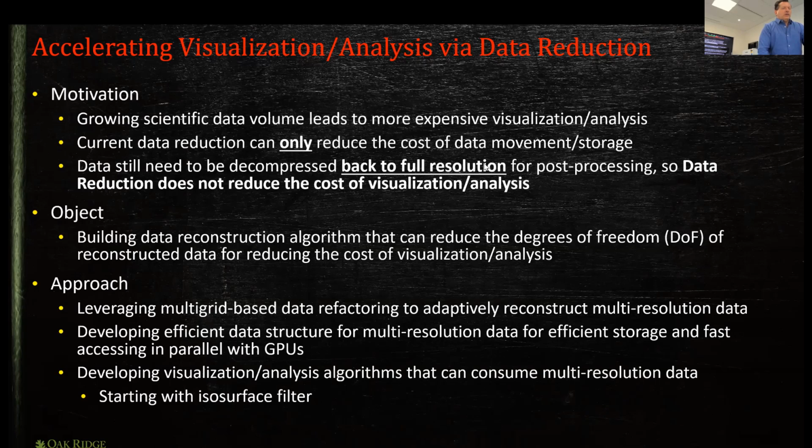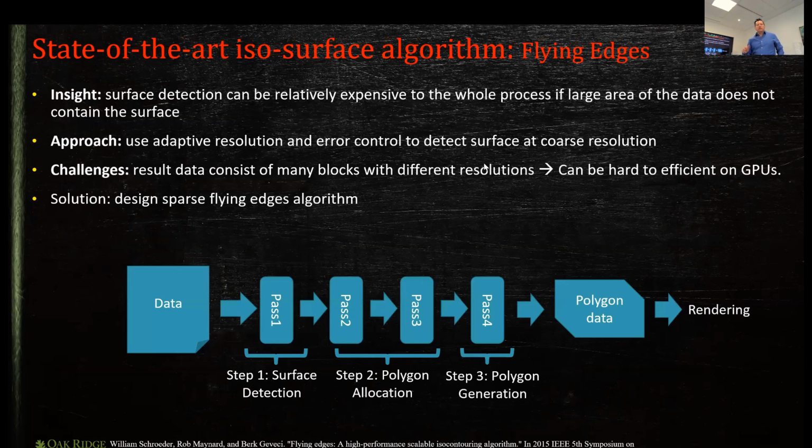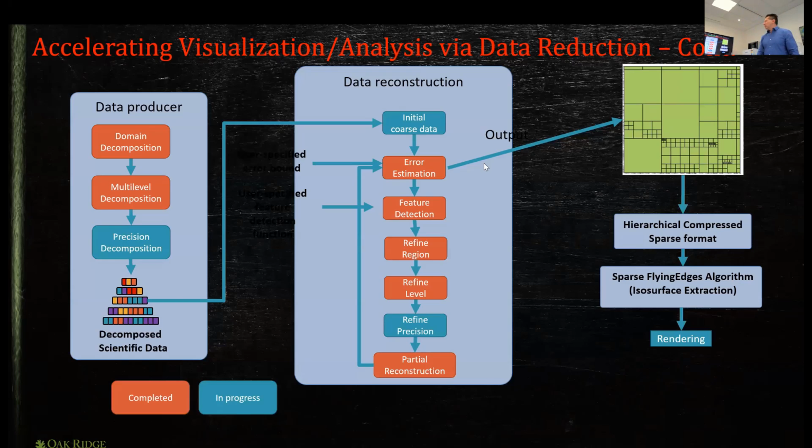So the question is, how do we exploit the sparsity and speed up the analysis? What they were looking at is isosurfacing, where the state-of-the-art algorithm is called Flying Edges. It's done by the folks at Kitware. In fact, one of them, Berk, is one of the ADIOS guys. And we were looking at whether we could relook at and modify the algorithms, run them on GPUs, and exploit the sparsity to make this faster. That's what we were trying to do.